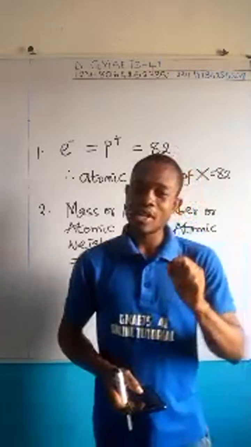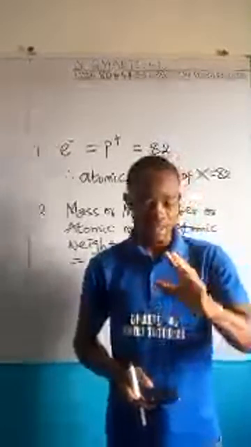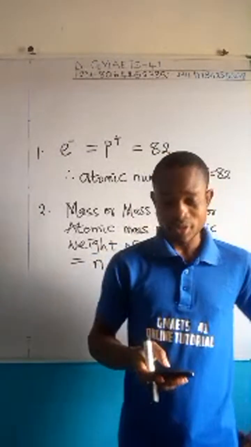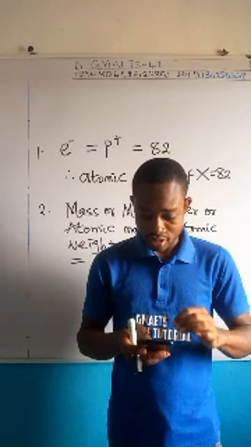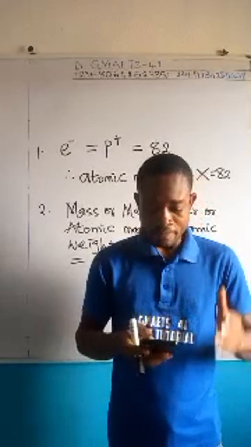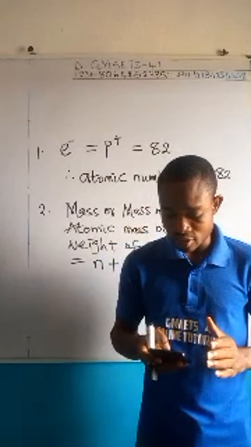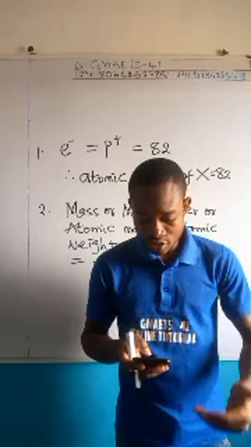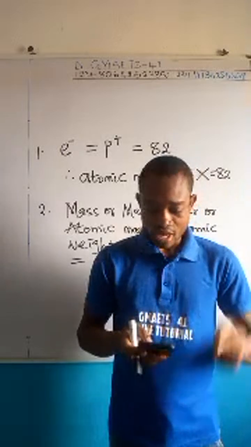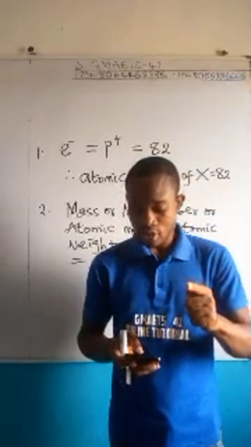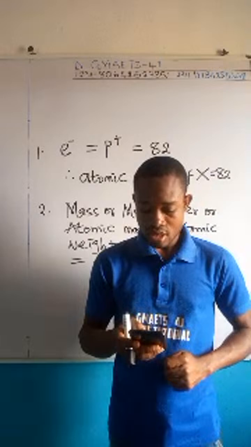We are moving. You can see how we are using our previous class knowledge to attack these questions here, as the examiner requires of us. We've answered the second question. So the next one I have, number 3: a particle that contains 9 protons, 10 neutrons, and 10 electrons is